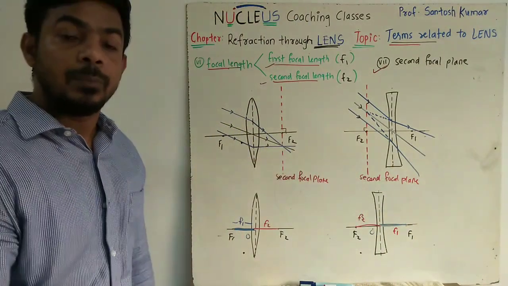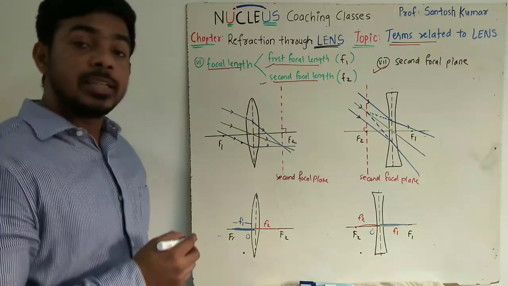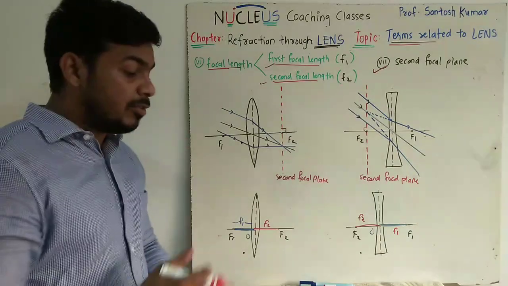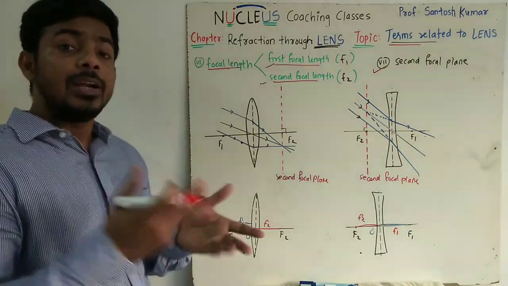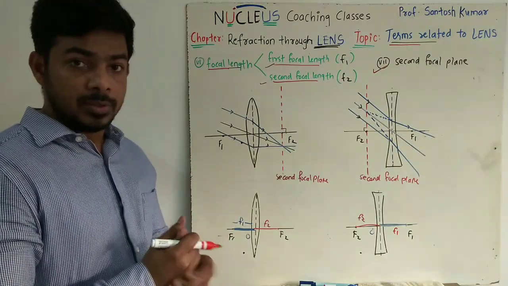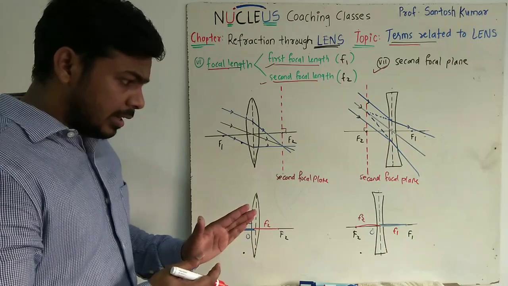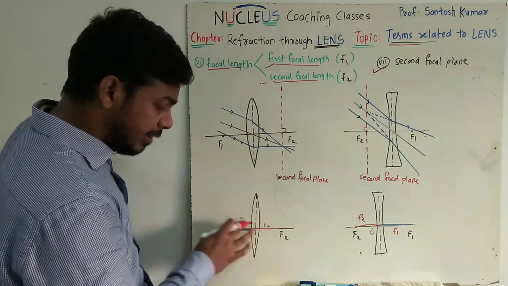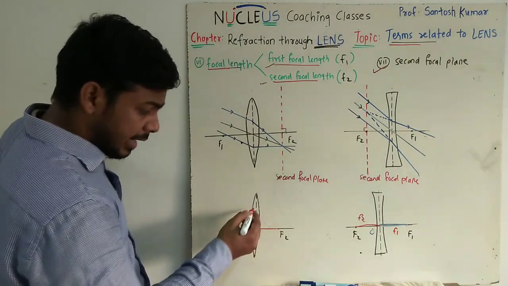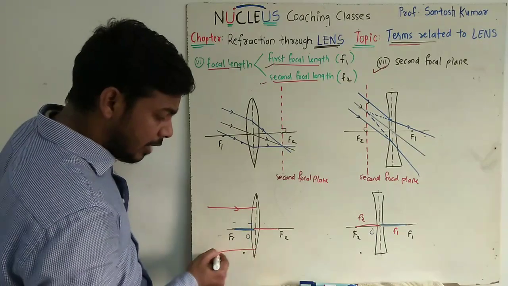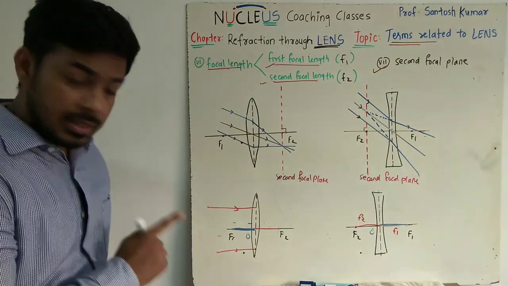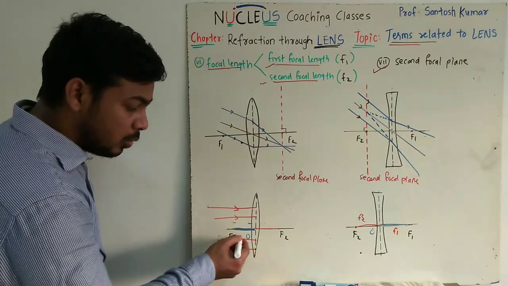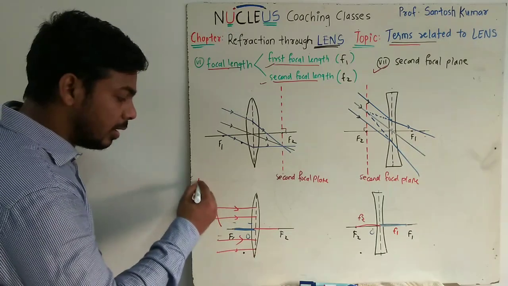So the plane which is perpendicular to the principal axis and passing through principal focus f2 is called the second focal plane. Now what is the significance of this focal plane, or why do we study the second focal plane? I'll tell you the importance of f2 in both cases. What is principal focus f2? If the incident rays are traveling parallel to the principal axis, see these are the incident rays, and these are parallel to each other also. So I will call them a beam of rays,